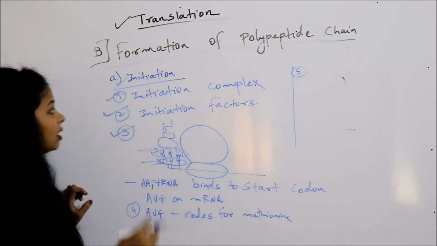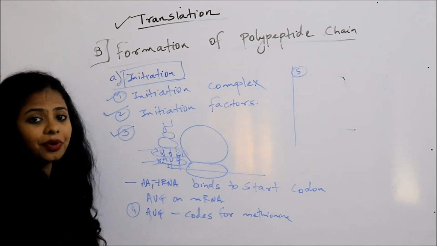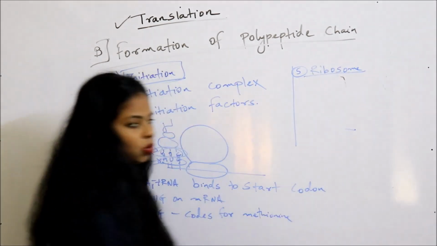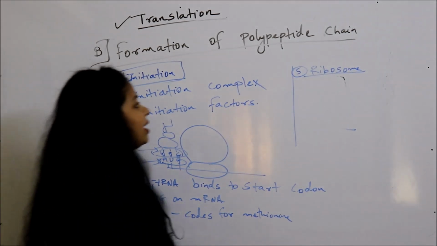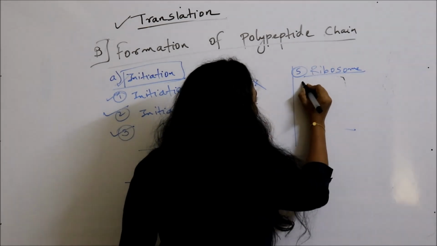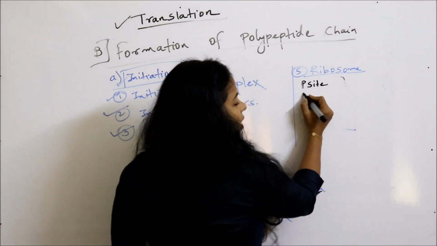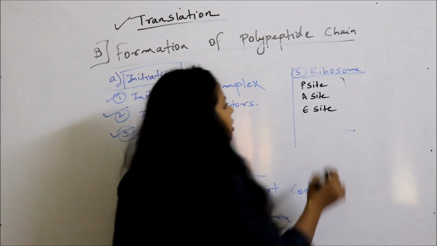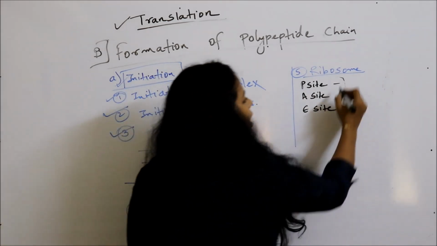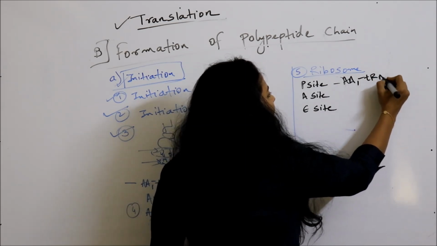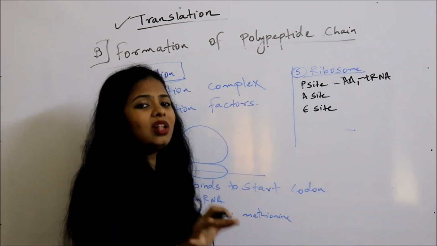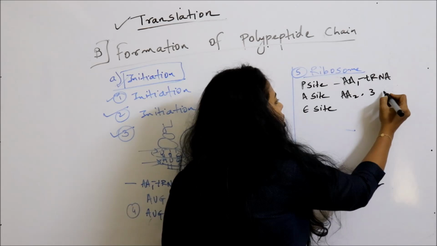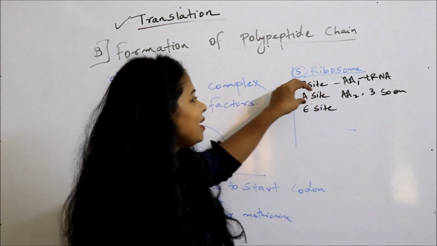Now the fifth thing here, we are talking about the initiation. Initiation includes the ribosome with three sites. What are the three sites on this ribosome? The sites on the ribosome are the P site, the A site and the E site. The P site is the site at which the amino acid 1 tRNA complex can directly go and bind, whereas all the other amino acids, AA2, 3 and so on, have to first halt at A